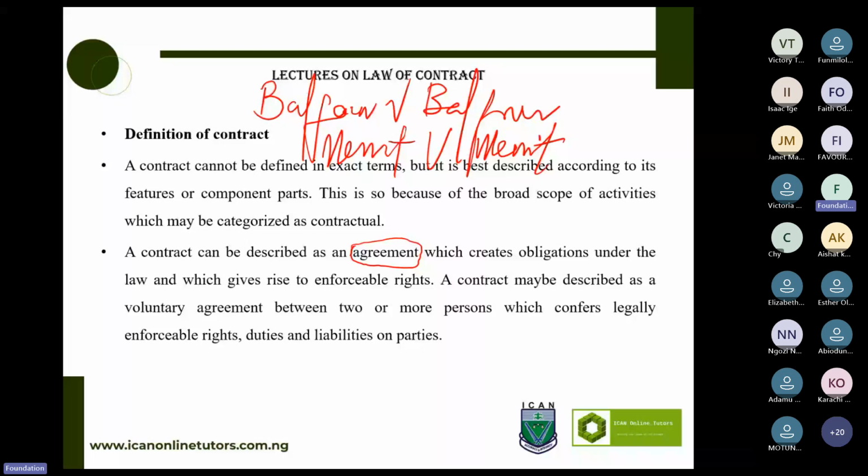So that is why most times in reality, we say read very well before you sign. Some people, we are going to discuss that more under contract of employment, you just collect the offer letter, you read it, you sign off without asking questions. So when we get there, I have a lot of experience to share with you. So principally, what you have asked me is what I've just analyzed.